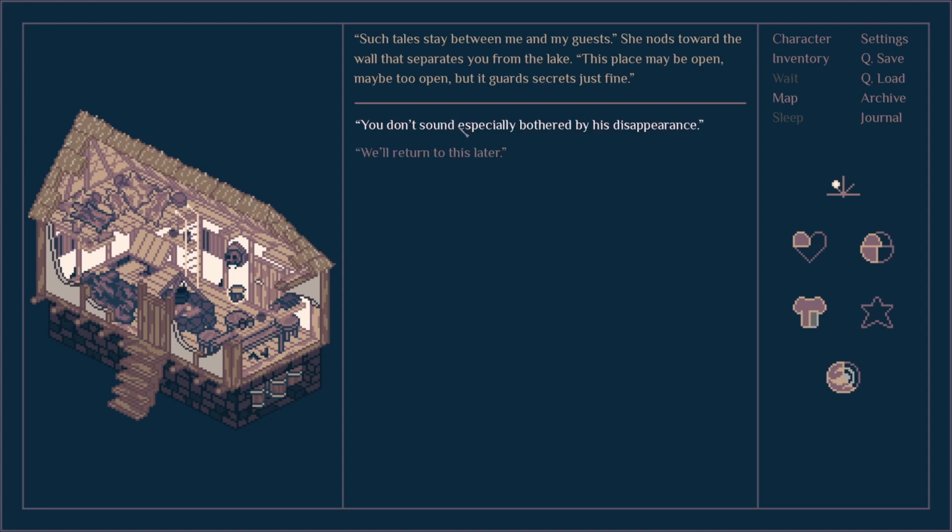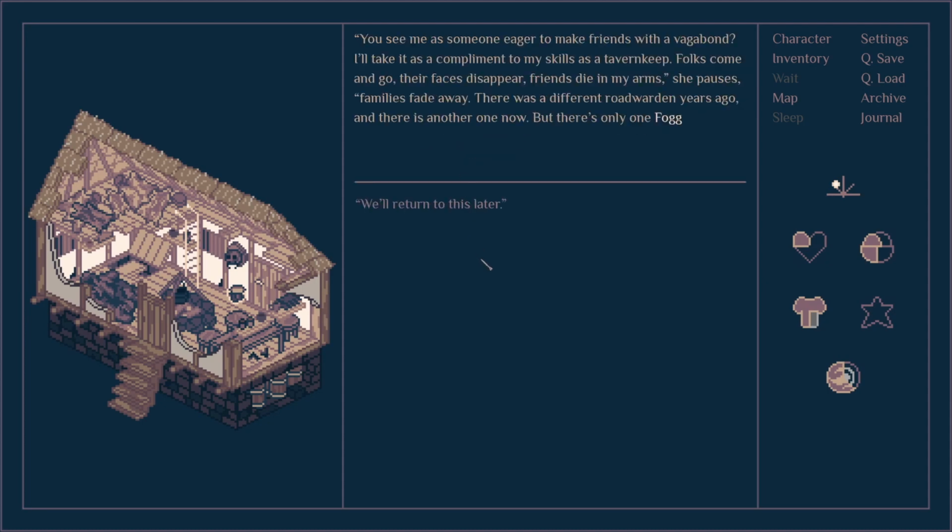You don't sound especially bothered by his disappearance. You see me as someone eager to make friends with a vagabond? I'll take it as a compliment to my skills as a tavern keep. Folks come and go. Their faces disappear. Friends die in my arms. She pauses. Families fade away. There was a different Roadwarden years ago, and there is another one now. But there's only one Foggy in the north, and one...